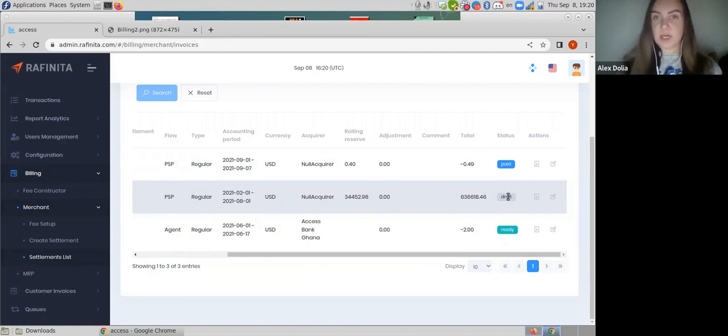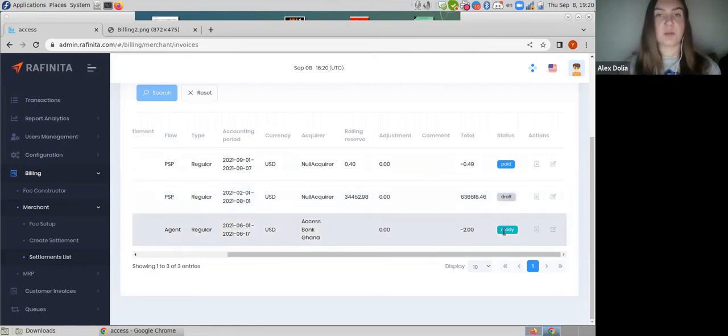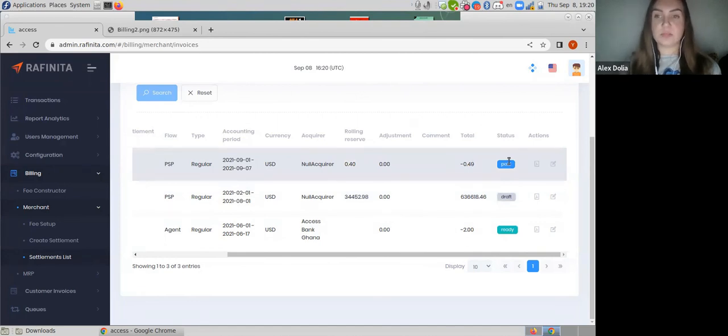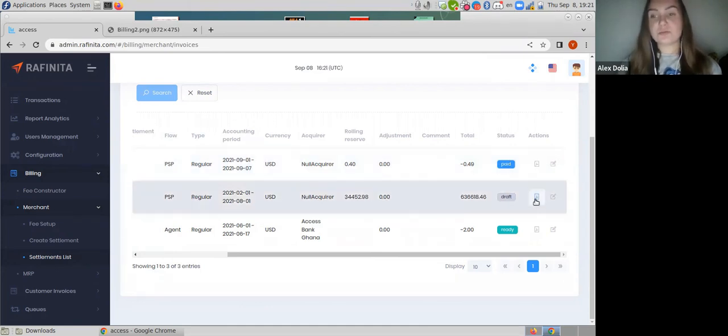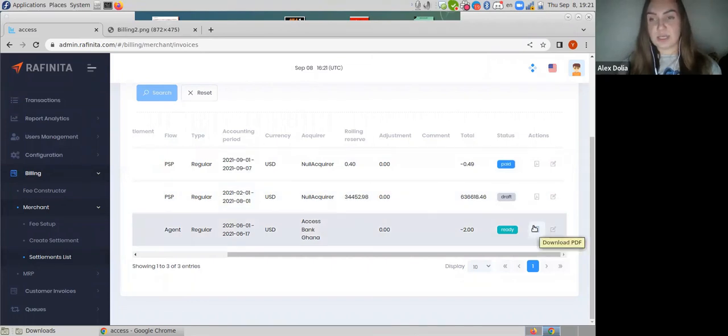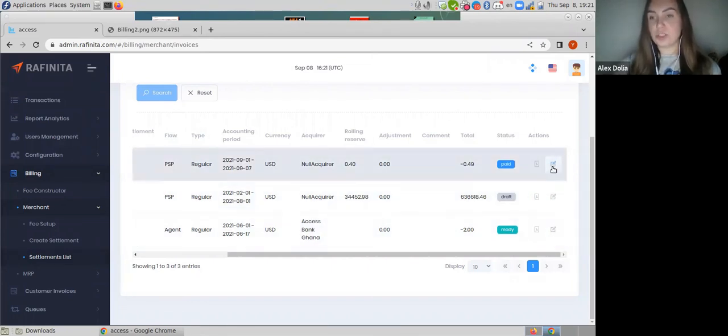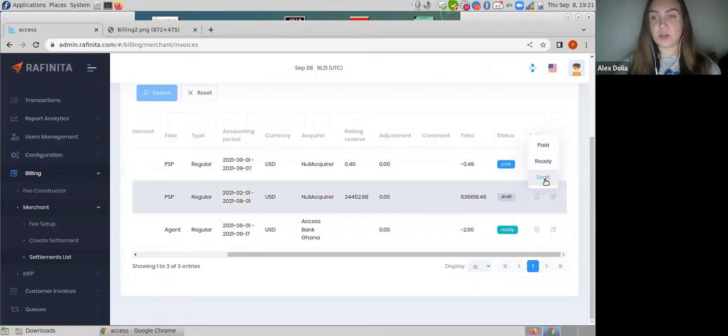It's ready to be paid, so it means that it's actually the amount that you will pay, but you're not going to send it right away. You have some maybe preparation, some agreement, whatever, and paid. So it says itself, it's straightforward that it's paid amount for this particular settlement report, for this particular settlement period. Each settlement report can be downloaded as PDF,